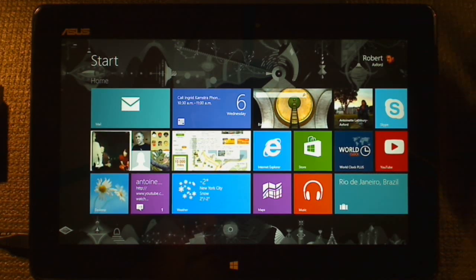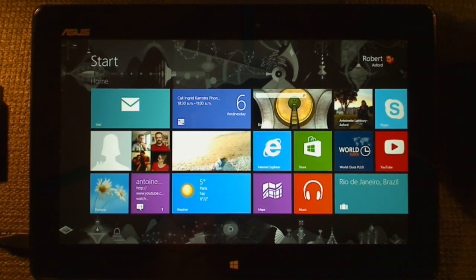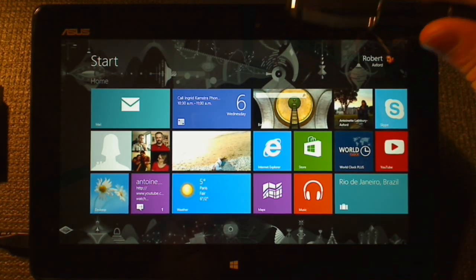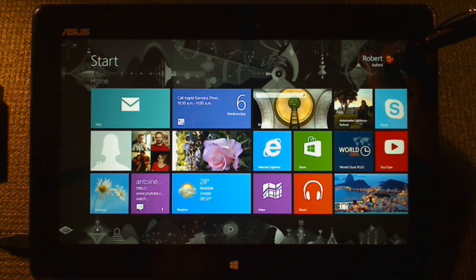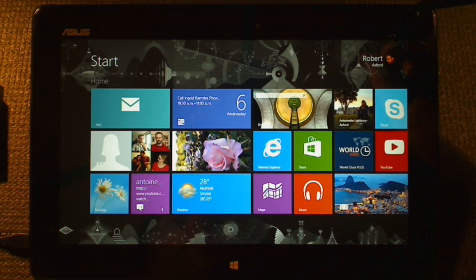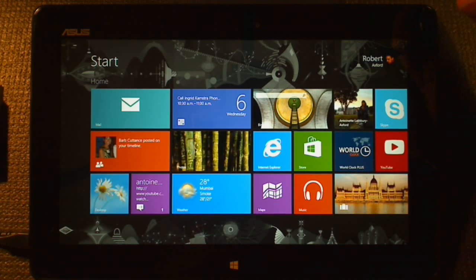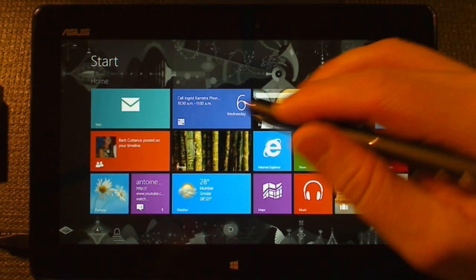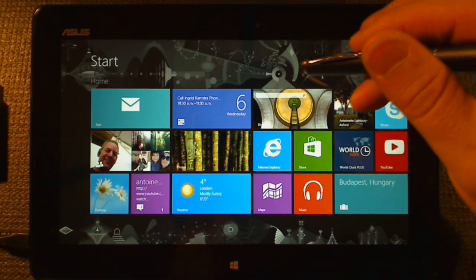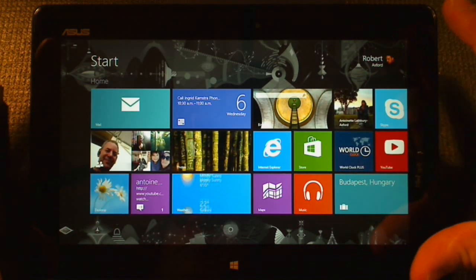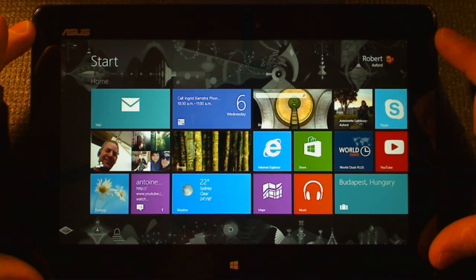Yep, hi everyone. In this video I'm just going to quickly demonstrate the performance of this tablet. This is not going to be about the usability of applications, just how they run. I'm going to have a second video about the usability and go into the scaling options that are available in Windows 8. Now, for those who haven't seen my other videos, this is an Asus VivoTab